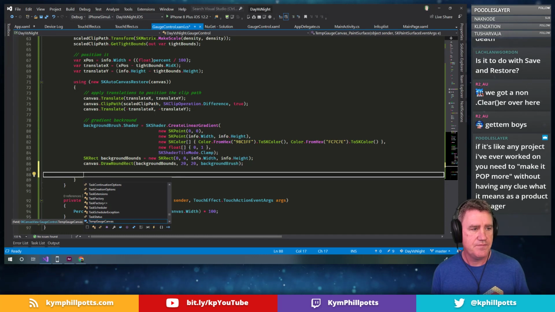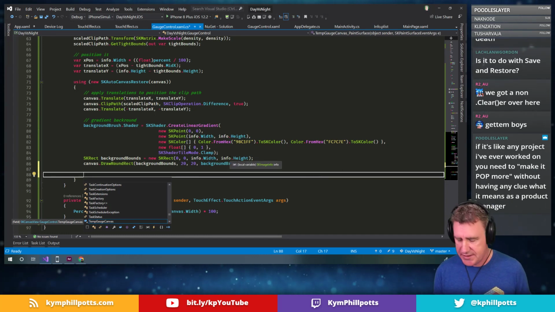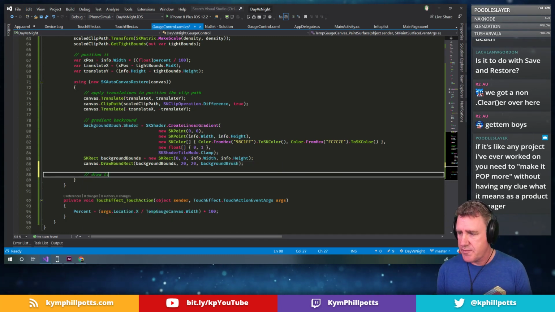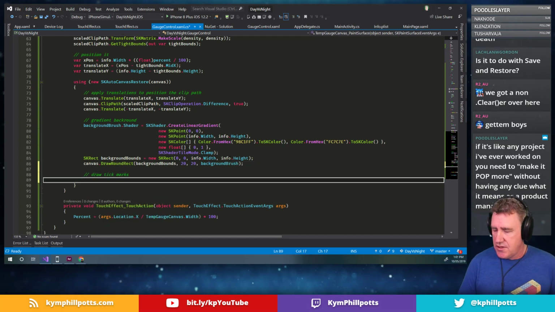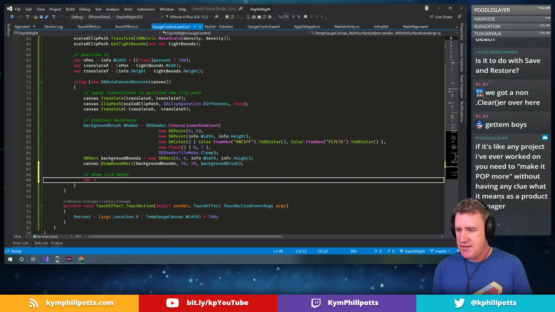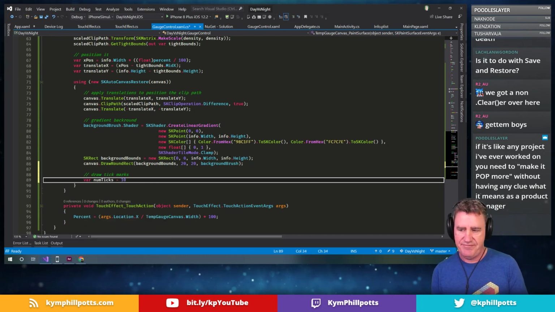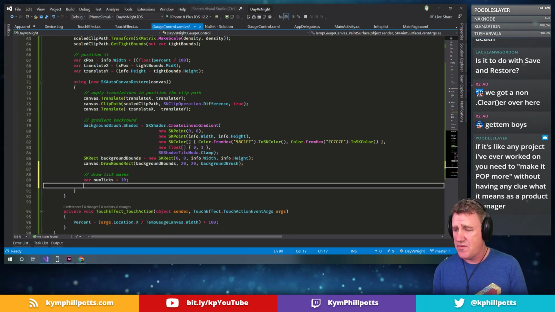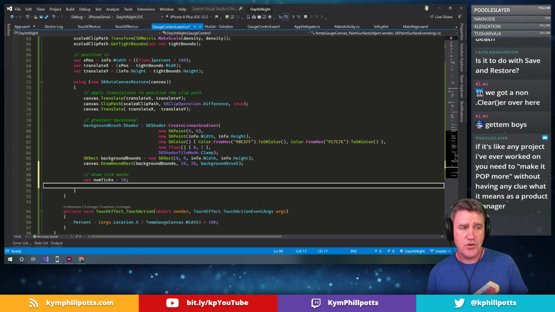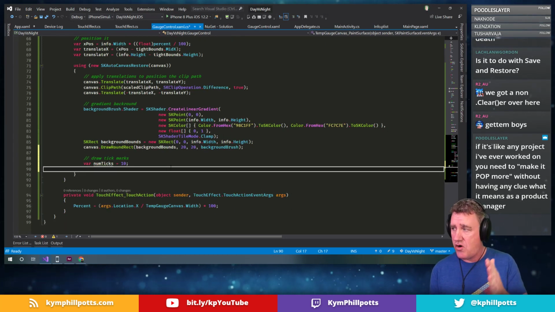Okay. So let's have a look. Let's say draw tick marks. So we'll have a number of ticks. Say 10 seems like a reasonable number. We want to work out how